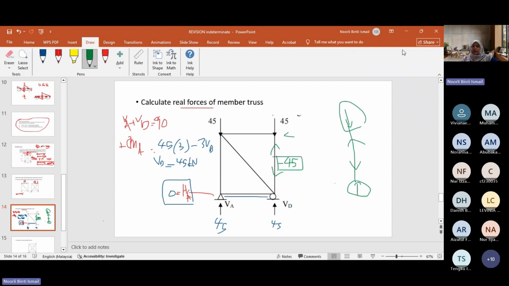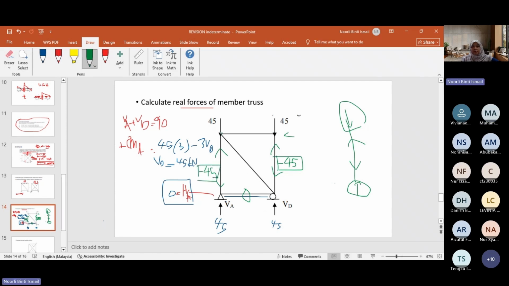Okay. Then what next? We go to A lah. A senang sikit because 2 unknown member forces. So this one, if you look at A, here we horizontal 0. Okay. So member AD will be 0 lah. Okay. And then for member AB, here is upward. This one will be downward. And then another part is upward. Value will be 45. Negative, positive. Same lah, same like this. So negative. Negative.